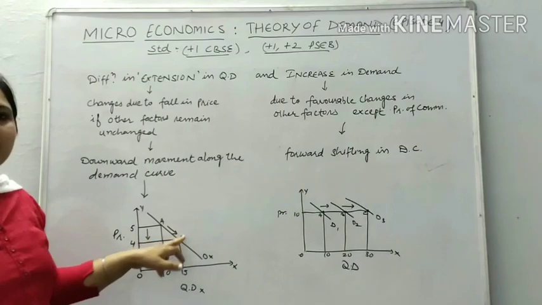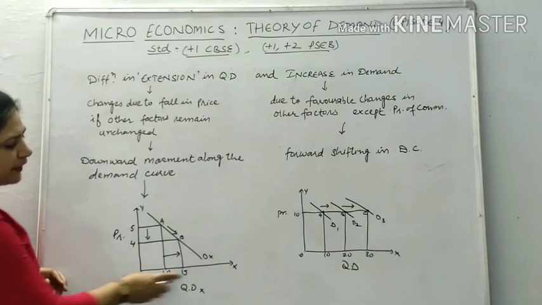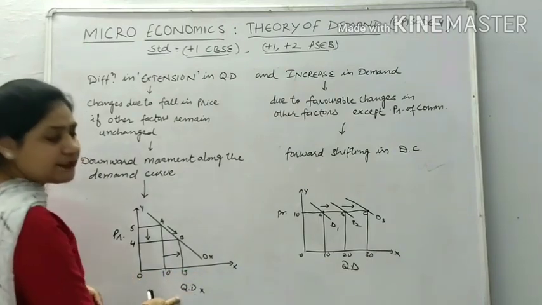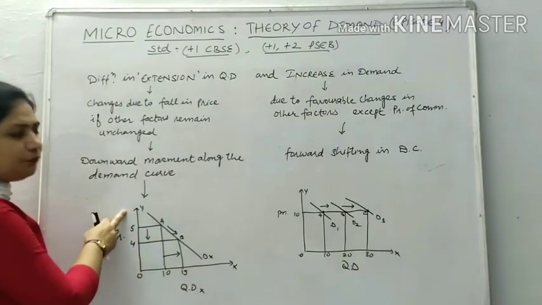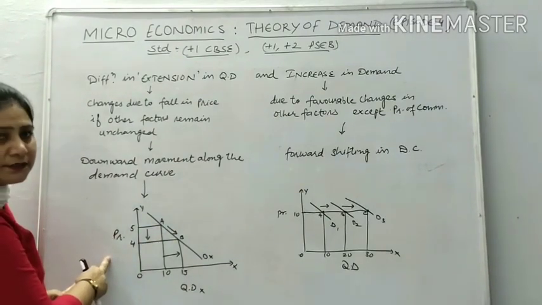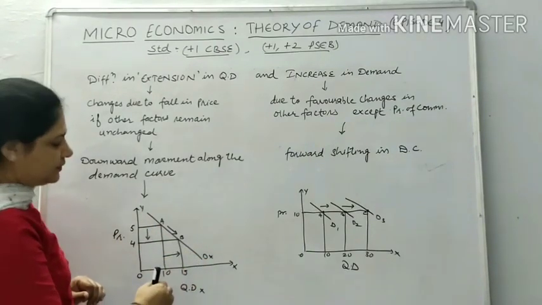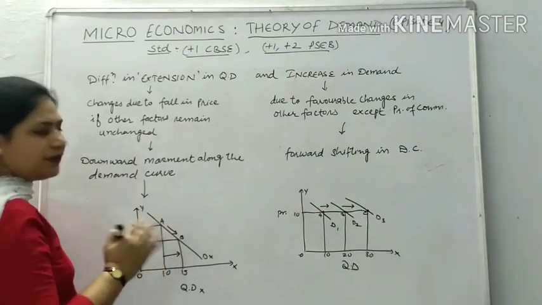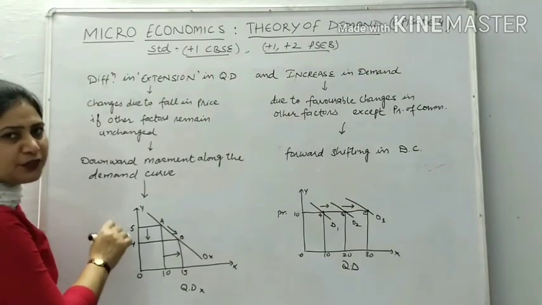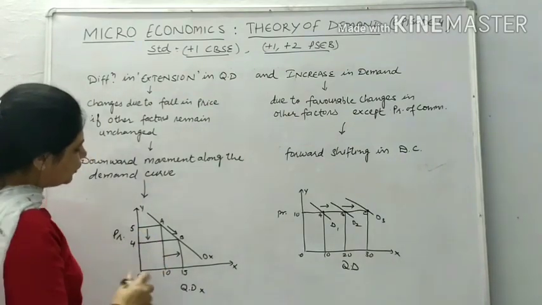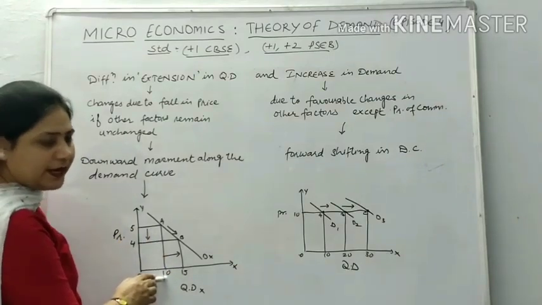Students, you can see here a figure. I am taking an easy example. On the OX-axis, as you know, we always take quantity demanded for a commodity, suppose X. And on the Y-axis, we take price, and DX means the demand curve for commodity X by a consumer, whoever he may be. Suppose the price is 5 rupees per unit of a commodity. The consumer is willing and able to purchase 10 units.